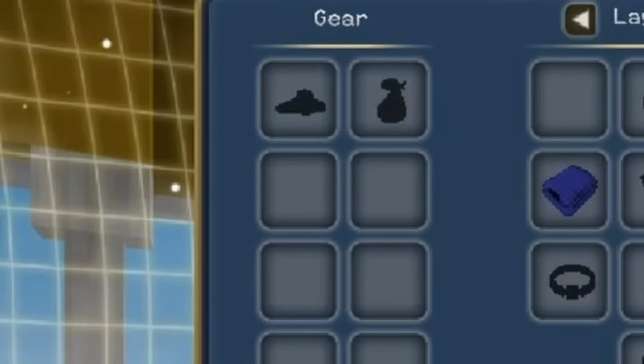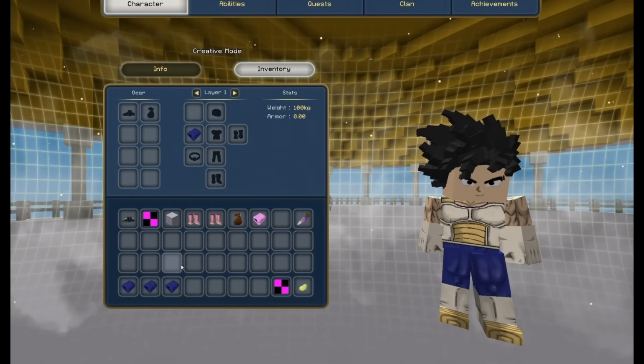I'm assuming gear is like... I don't know. It's really hard to see what gear might be. It might be like armor. Gear might be armor, maybe. Nah, I don't know. The clothing shows kind of like armor right there. That's armor. And then there's more than 1 layer, too. And then you can see how much armor points you have. I don't know if that's how much...